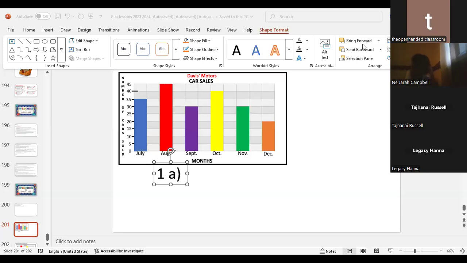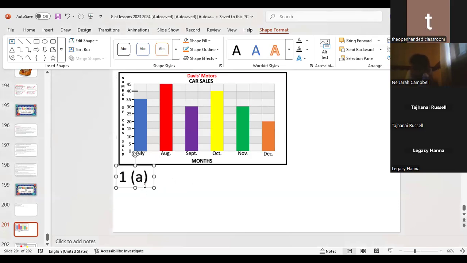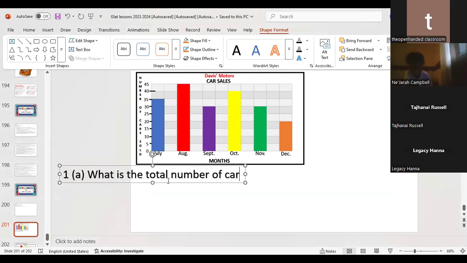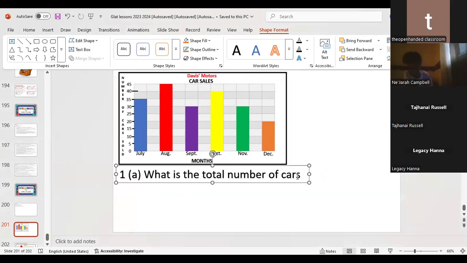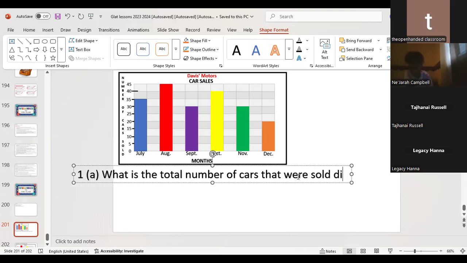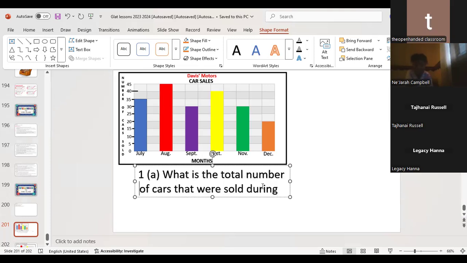All right, so question 1A states, what is the total number of cars that were sold during the 6 month